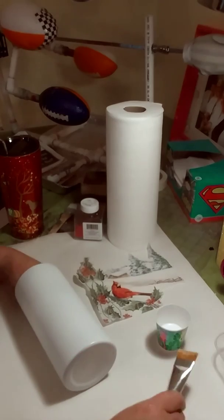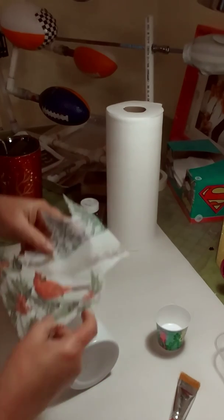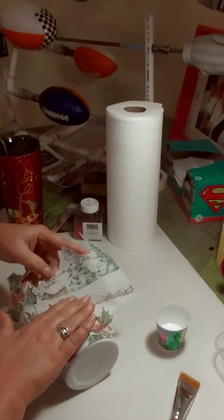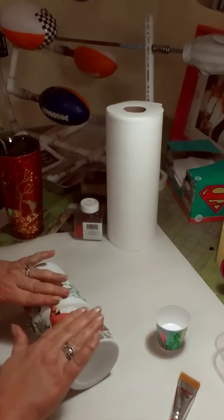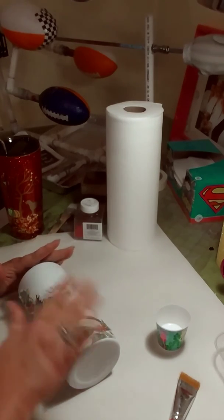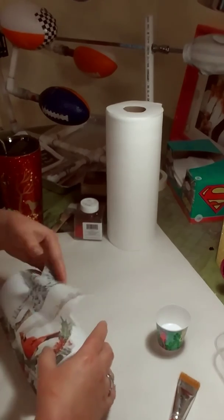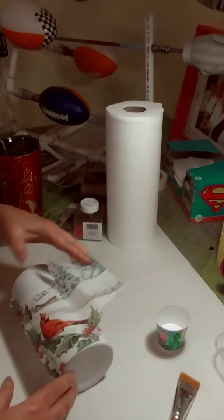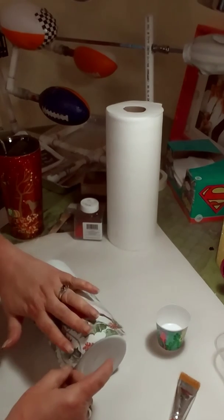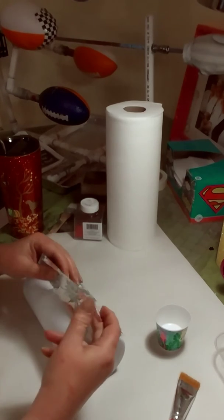So now you're going to take your picture at about halfway, and you're going to lay it on that place where you just Mod Podged and just gently tap it. Okay? That's all you want to do. You don't want to spread it all out and do a whole lot, because all this stuff I'm telling you is because I learned it the hard way. Your pictures over here will start to stick in funky ways, and then you want to try to pull it off, and you can't pull it off because it starts to dissolve again. So we're just going to do that one little strip down the center to start with, and then just fold it back a little bit